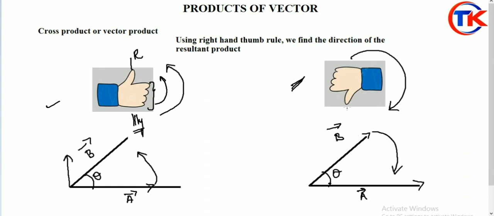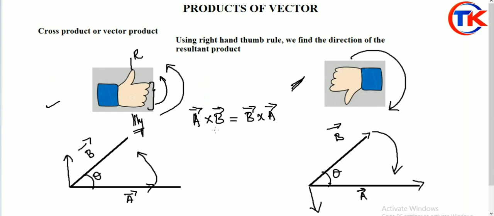So in which direction does my thumb show? It is in the downward direction. So my resultant will be in the downward direction. Clear? That's why I said A cross B is not equal to B cross A. It is a very important condition in your higher studies, higher secondary portion. Throughout the syllabus up to 12th standard, we have to apply this vector product. Direction is very important in electrostatic charge and magnetic field. We have to apply direction.